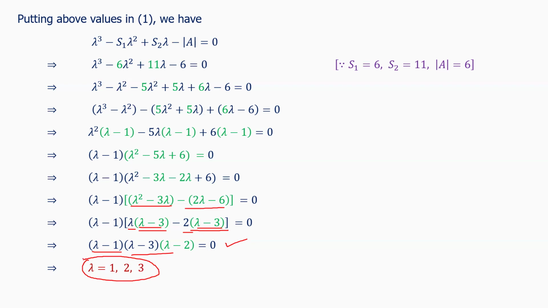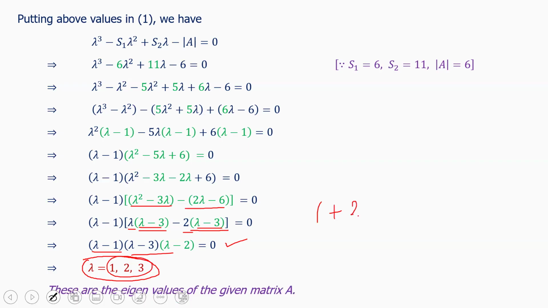These are the eigenvalues of the given matrix. Now let us first check whether our answer is correct or not. The first thing is, what is the sum of these eigenvalues? 1 plus 2 plus 3 is equal to 6, which is nothing but the sum of the diagonal elements. If you multiply 1 into 2 into 3, which is equal to 6,